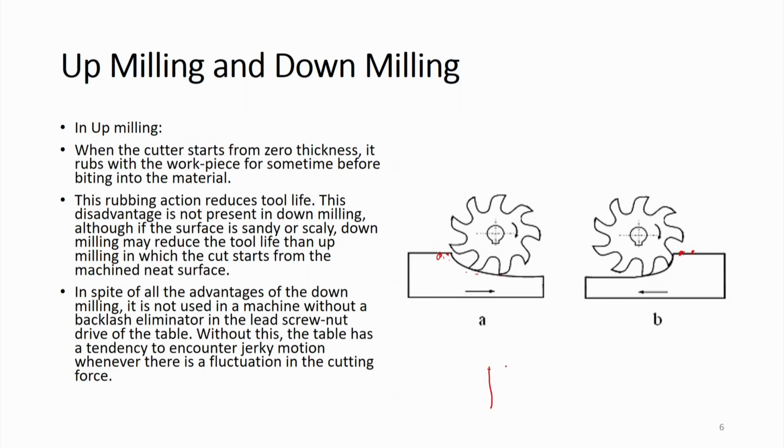Let me tell you what this backlash thing is. I am showing it in a very schematic, simplified way. Suppose this is a lead screw with teeth, these are the gaps, and this is the corresponding nut portion. So, you know that the nut thread will engage with the screw thread like this. Usually there is always a gap between them.